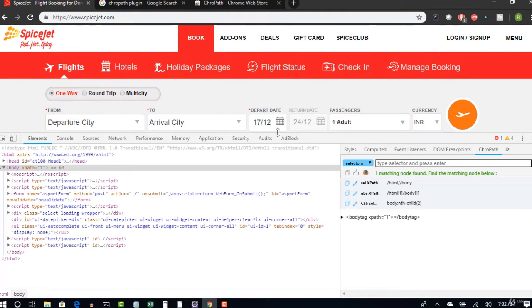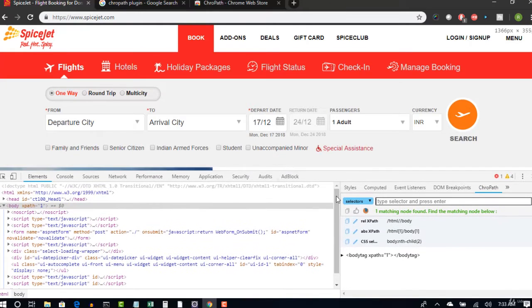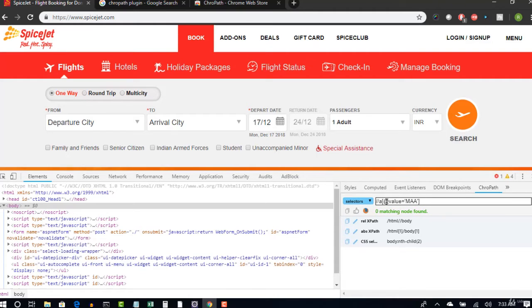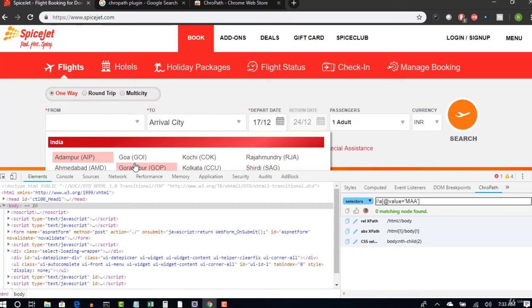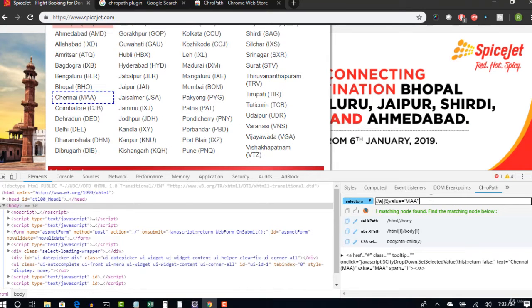and now I'm going to show you why I am calling these drop downs dynamic. Now when you give this XPath here and press enter, you see that it says no matching nodes found. That means there is no XPath with Chennai on this screen for now, but this dynamic drop down will load once you open this departure city. All the options related to the departure city will be loaded, and now when you hit this, you see one matching node found. Okay, so now you got Chennai, which is highlighted here.